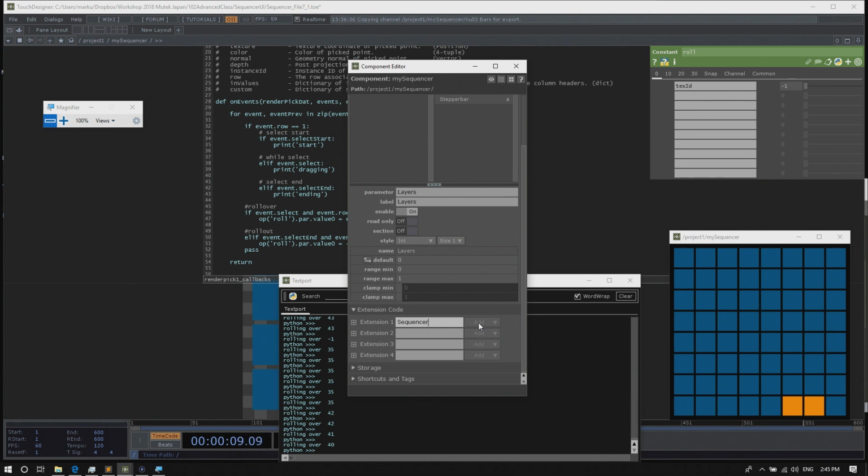And this extension we'll call sequencer. で、ここにエクステンションの名前をシーケンサーという名前を付けます。 And when clicking on add, we'll just use standard.